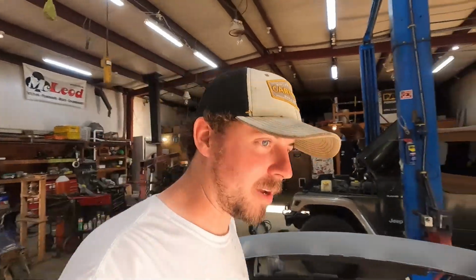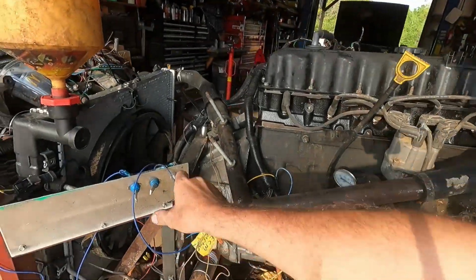I did swap back to the GoPro just to kind of see if I can tell a difference in any of the film quality, but